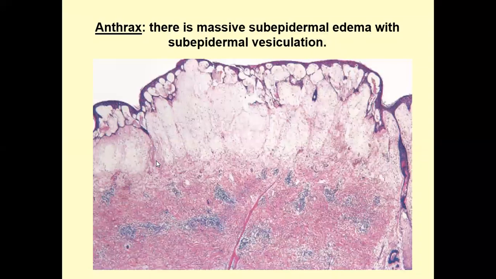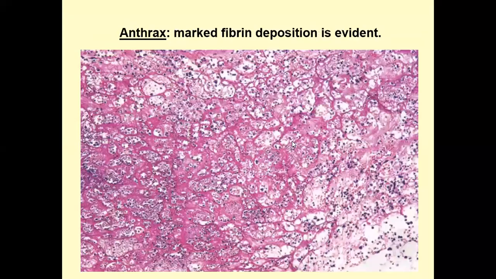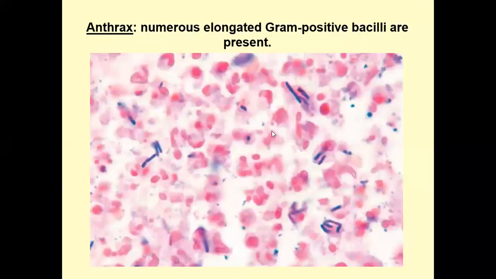The histopathology would be extensive dermal edema, subepidermal edema with subepidermal vesiculation. And then within this dermis, there will be edema and fibrin. The fibrin is in the form of these pinkish strands. So these fibrin strands will be seen within this blister along with the neutrophilic infiltrate and subdermal edema. And the anthrax, Bacillus anthracis, is a gram-positive rod. It can be appreciated if we do gram staining.